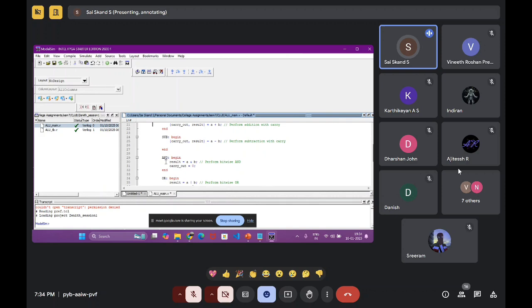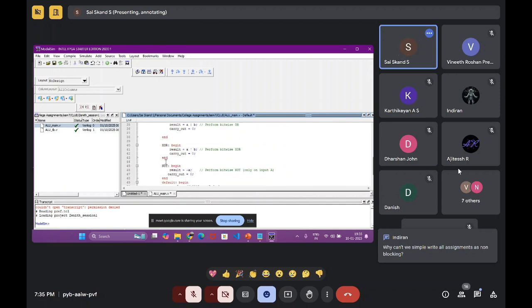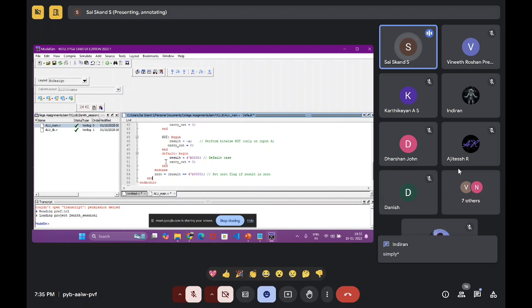Always block is not similar to a loop. Okay, it's somewhat similar but not exactly like a loop. Only when there's a change in data, input or output, then only this block will keep getting executed. Somewhat similar but not exactly. These things are clear, I guess. So we're ending the case, and then we end the block.